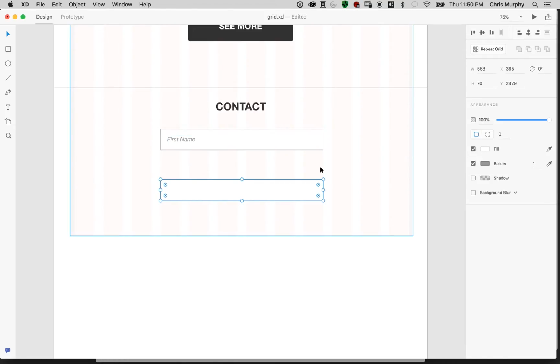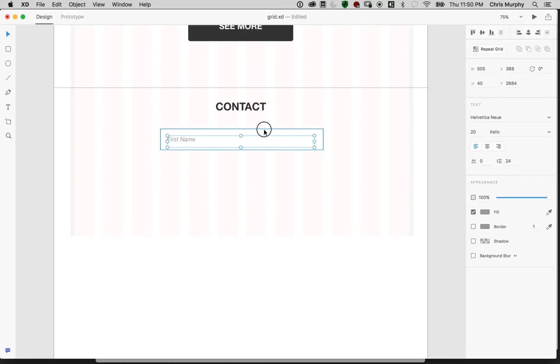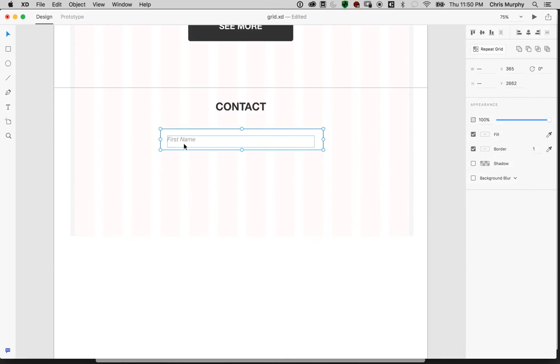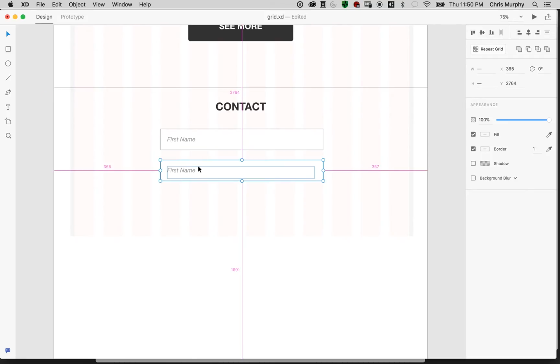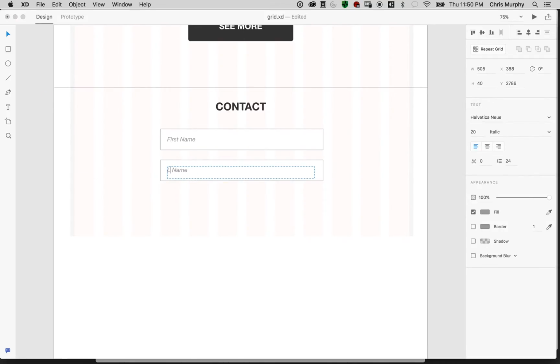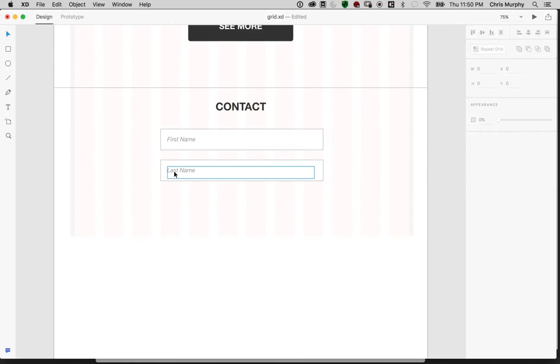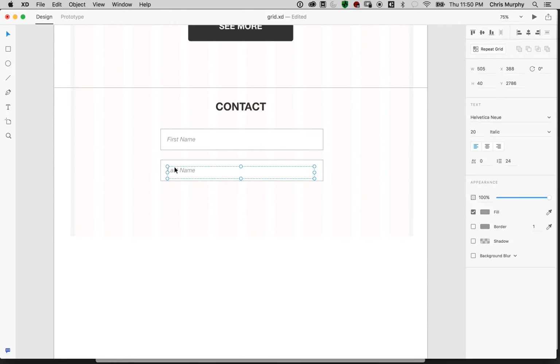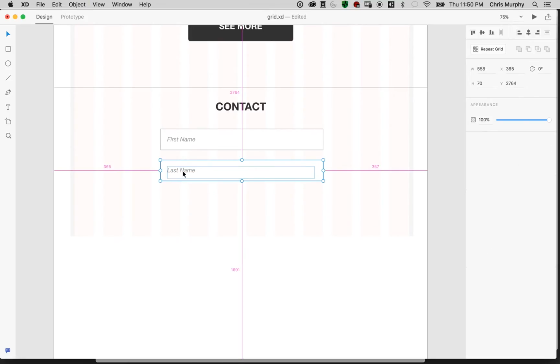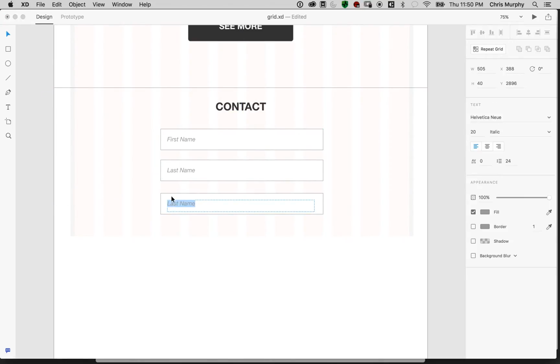But now that I got that, I'm gonna just delete that box and let's start putting down fields. Let's just duplicate these, and we'll call this one, creatively, last name. Let's group that. Yeah, there we go. Okay, we're gonna make this one email address, and then lastly,